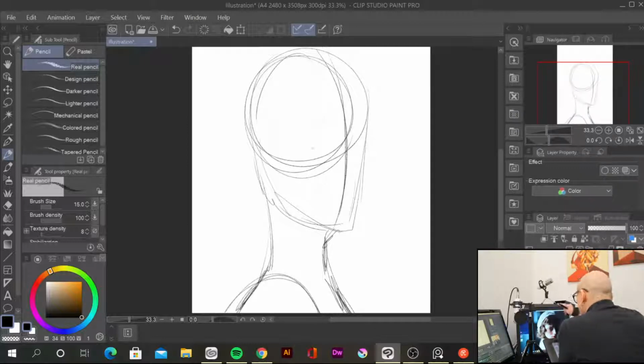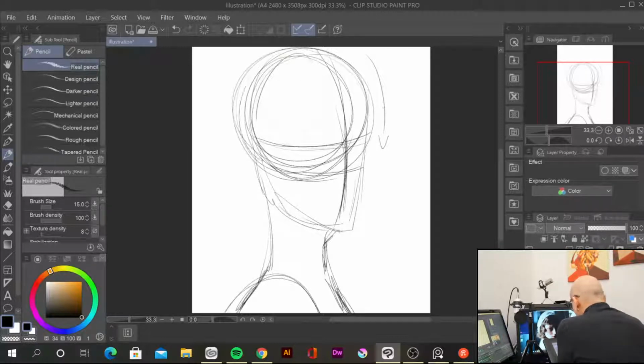The direction goes from top to bottom, like this. This is the direction. The center is like this. So, zooming in.